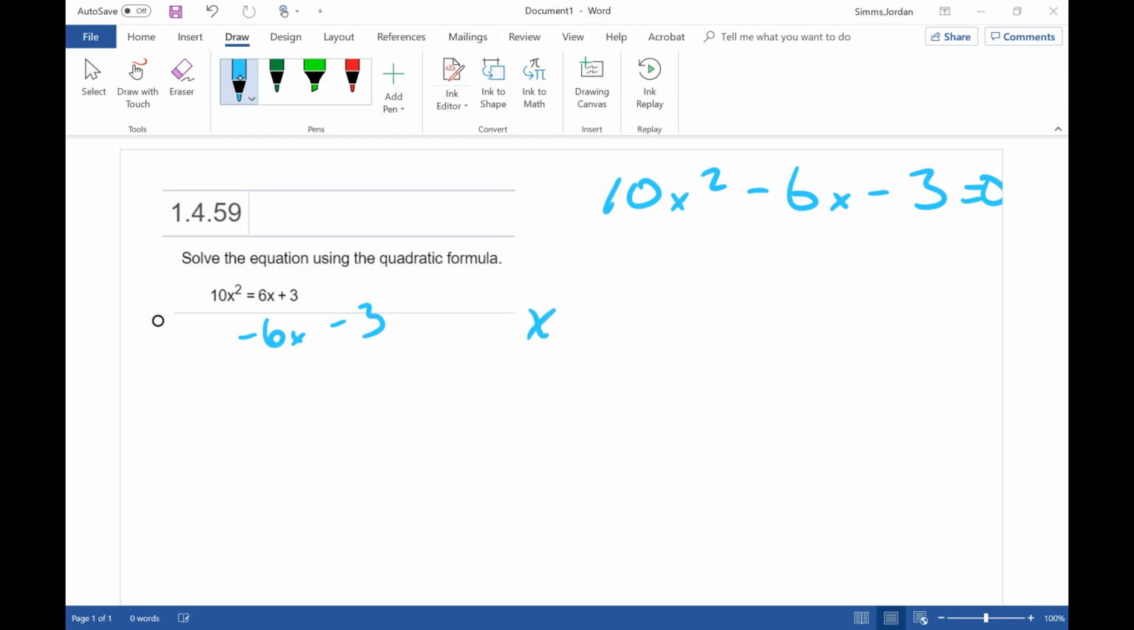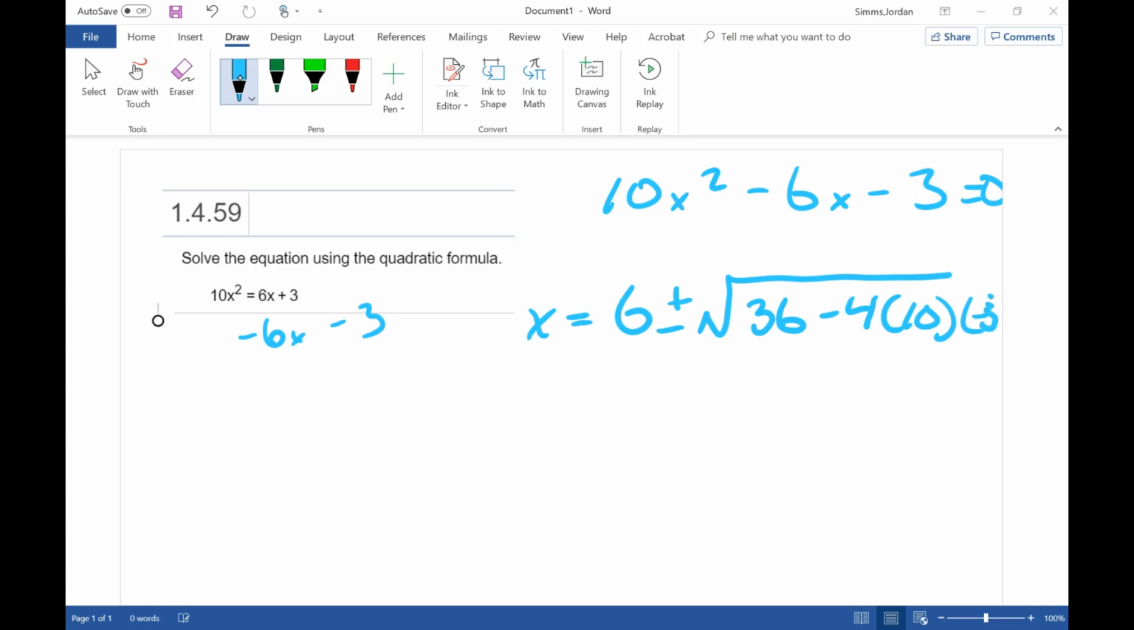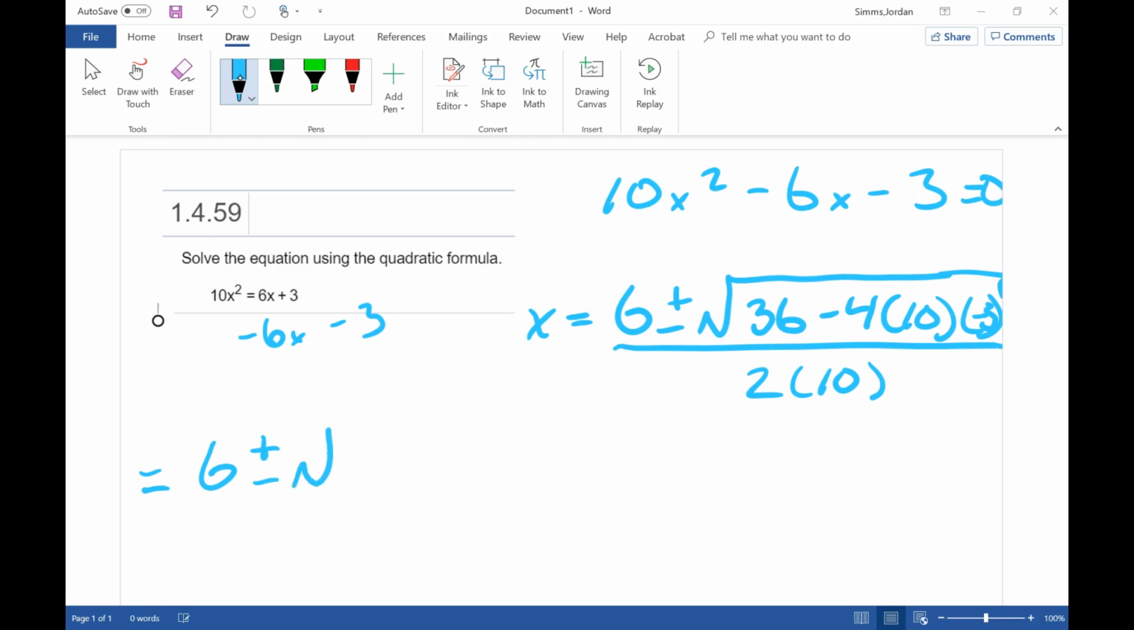We're going to apply our quadratic formula, which is going to be negative b, so that's positive 6 plus or minus the square root of negative 6 squared, which is 36, minus 4 times 10 times negative 3. Now we have a double negative here, so that's going to be a positive. We also have 2 times 10 down below. Our next line is going to equal 6 plus or minus. Now all this stuff underneath the radical symbol is going to simplify to 156